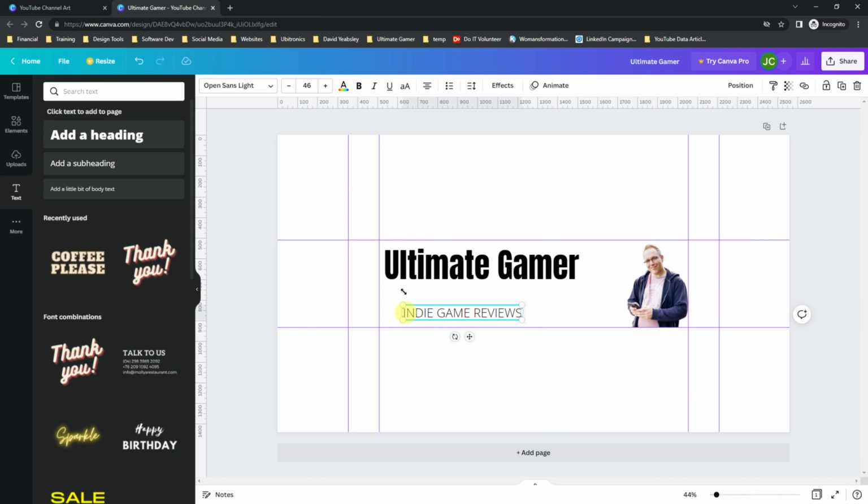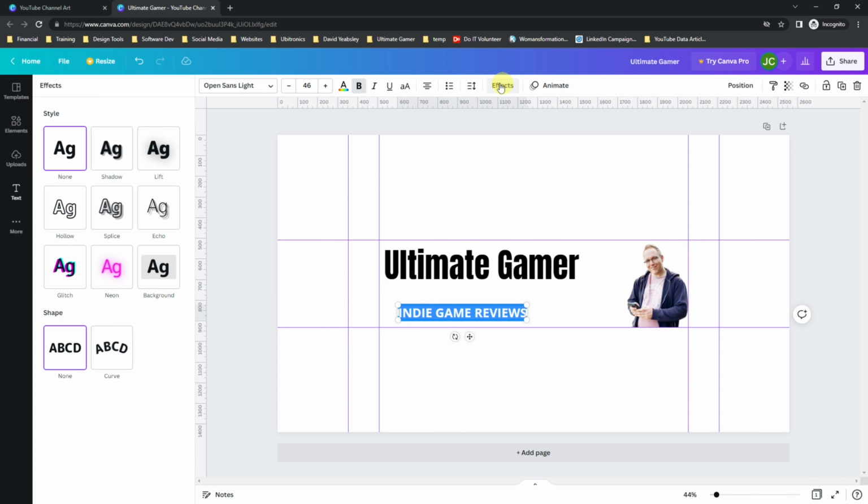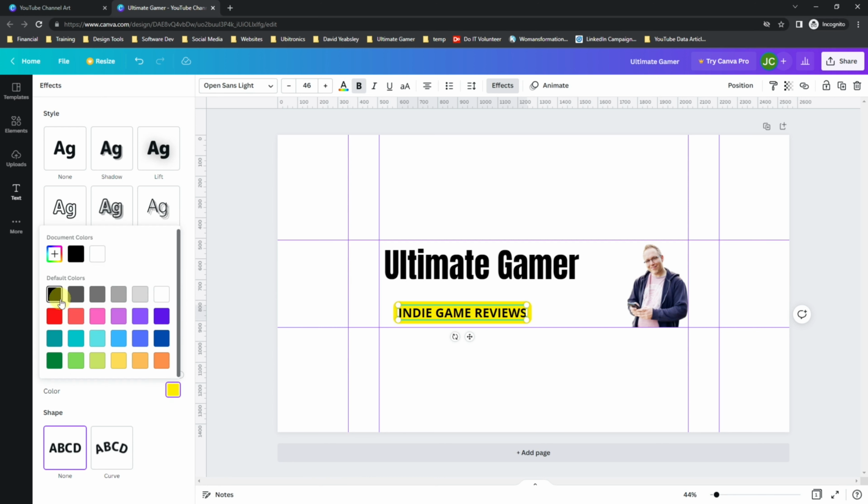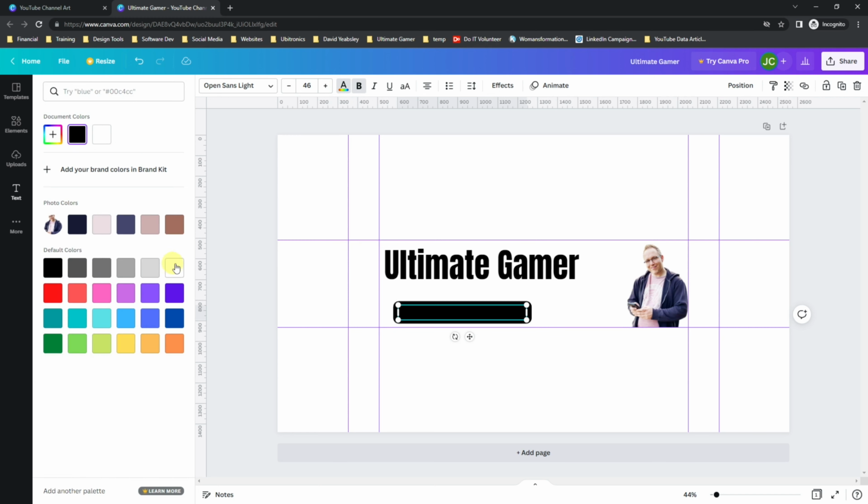I actually want this text to be a little bit more snazzy than what's showing here. First of all, I'm going to make it bold. And I want the background to stand out a little bit more. So if you come up to effects, you can actually make a background tool, which will then allow you to change the color. And if you click on here, it changes the text color. So I'm going to invert the colors a little bit there